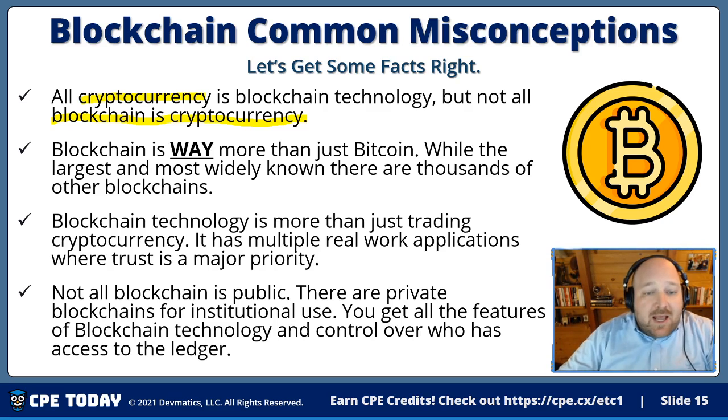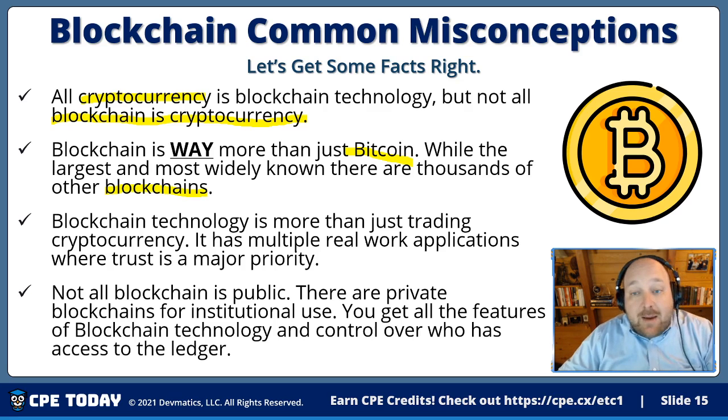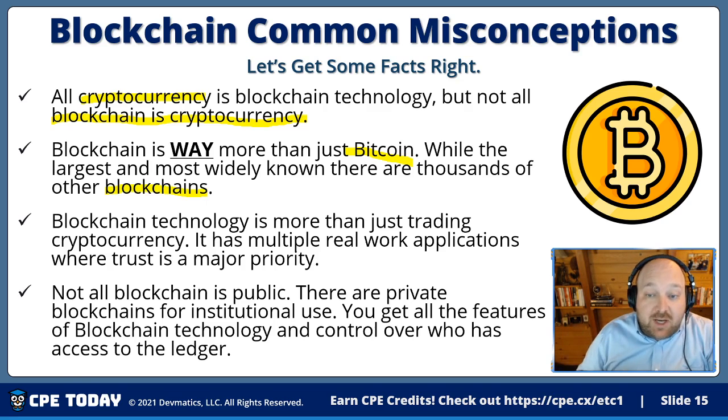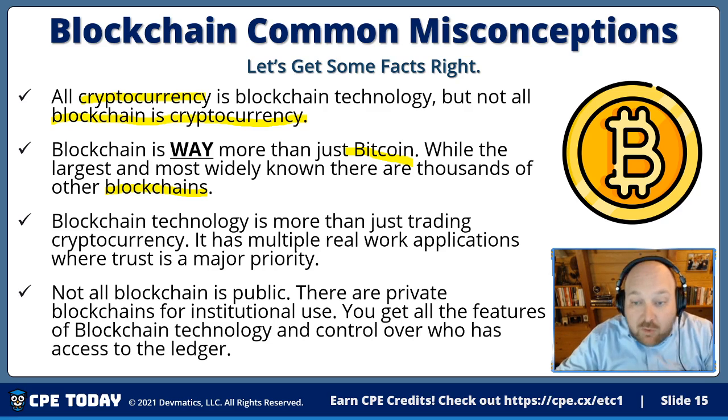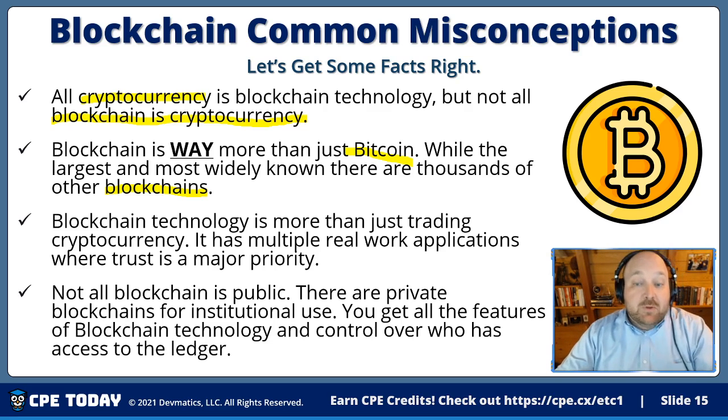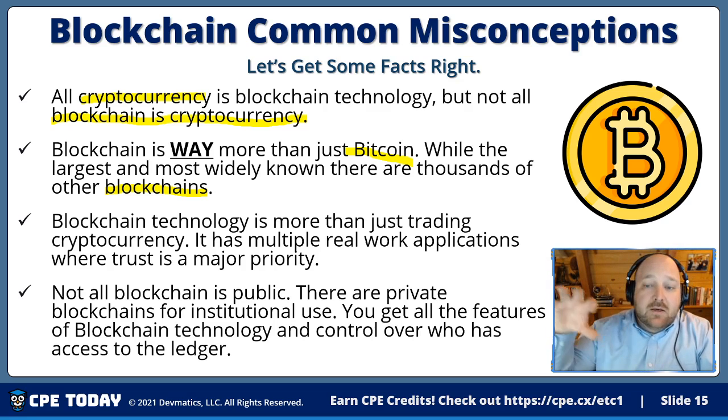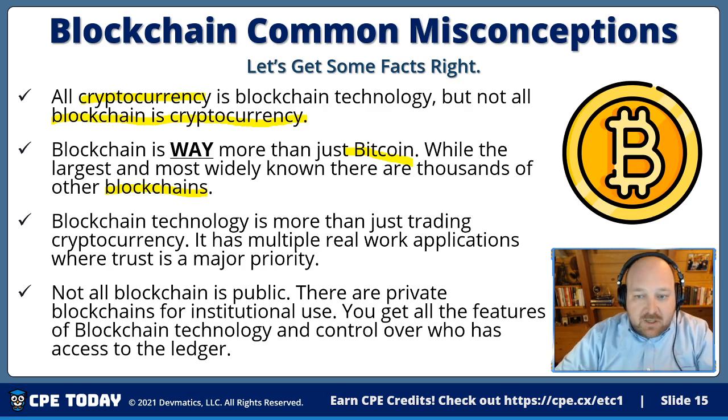So there are lots of implementations of blockchain. It's way more than just Bitcoin. And while it is the largest, there are lots of other types of blockchains that you should be familiar with. One that we're going to talk about today is one called Hyperledger Fabric, originally brought to market by IBM, which is a private blockchain where you can get all the features and functions and all the stuff I'm talking about without having to be in the cryptocurrency market. So it's a great way, for example, to track supply chain, which we'll talk about in a little bit. So don't think blockchain is just limited to the price of Bitcoin. It is a much bigger world out there.